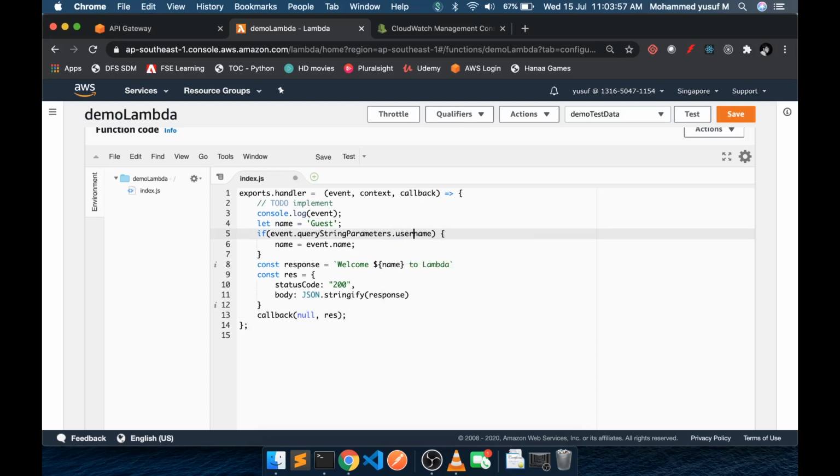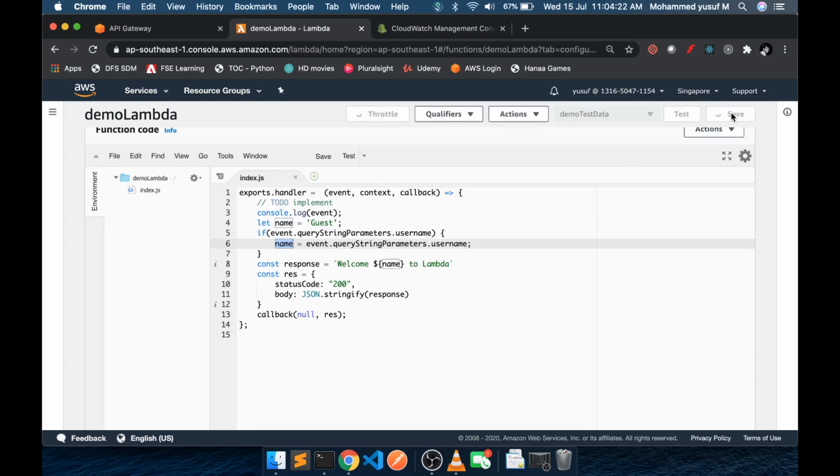Here it will be username, not name, because we know the input is sent in the query string parameter as username. Let's change that to username, copy the same thing and replace it here. Then this name will be substituted into this variable, and then the response and everything.